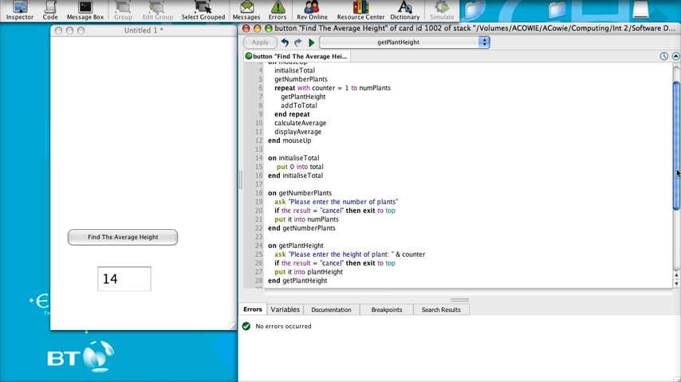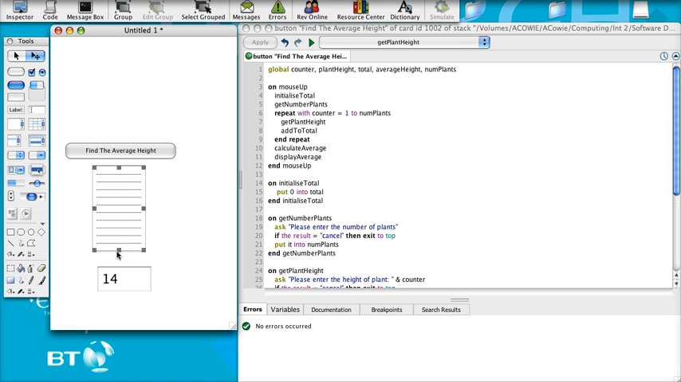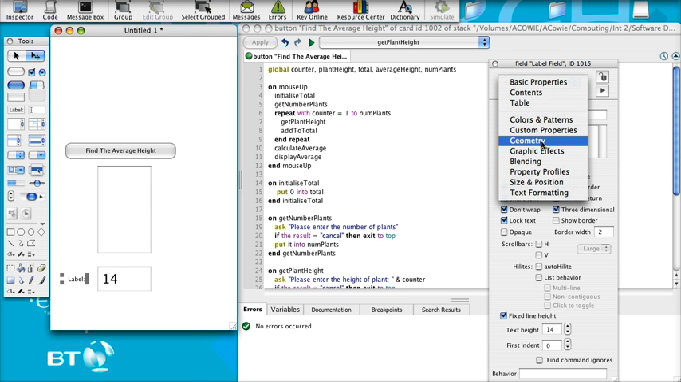The other thing I was going to add in was I was going to just change the user interface so that I could actually see the heights as I enter them. So I'm going to move this up a little bit, and I'm going to bring in another of these fields just so that I can see the heights as I enter them. And I might add a label for this box, and I'll need to go onto the inspector and go into contents,